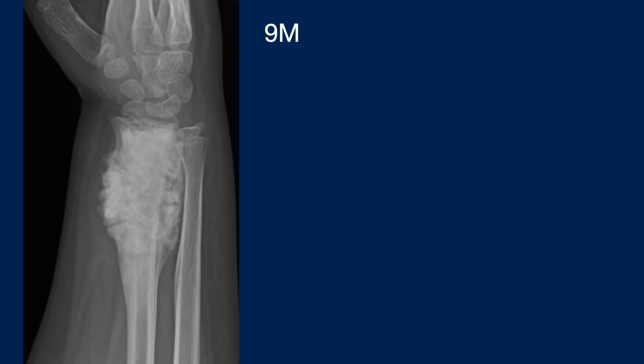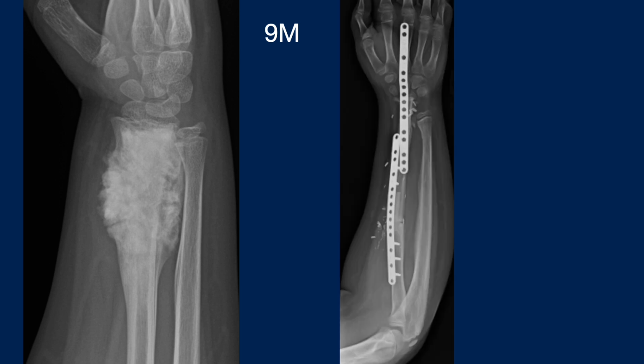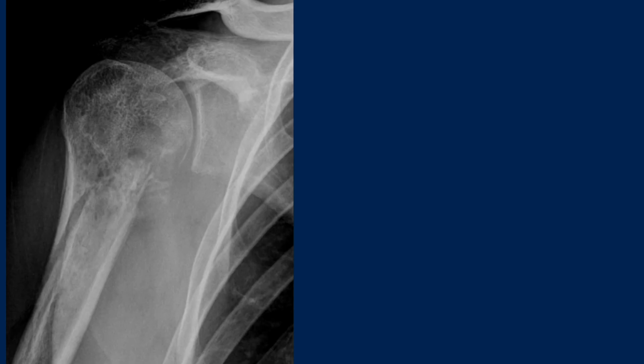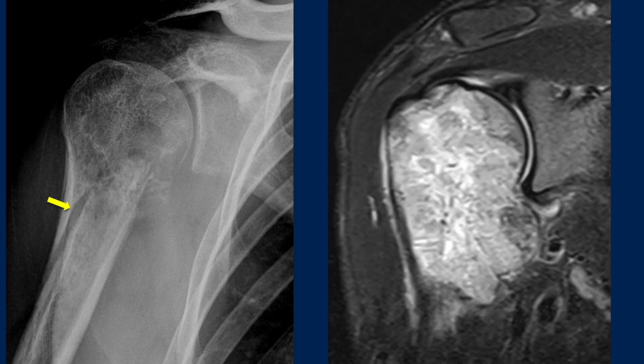Case number 18. Severely sclerotic expansile lesion in the distal radius, treated with a fibular graft. Number 19. Back to the shoulder for a mixed lesion showing some lytic component medially and some bone formation. Also note that there is a pathologic fracture, quite heterogeneously bright on the MRI with the full extent of the soft tissue extension. And the last case,